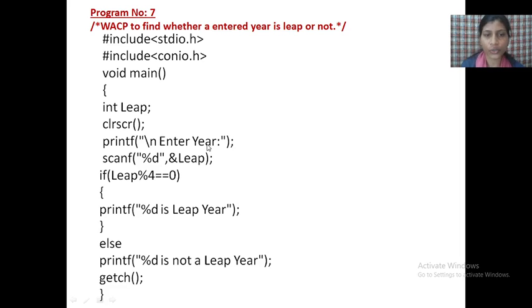When the program is executing, calculating, the computer can fetch that input from the particular location, the address where it is saved. For that purpose we write ampersand here, which means address. It accepts the address, &leap. Then we write the if condition here: if leap % 4